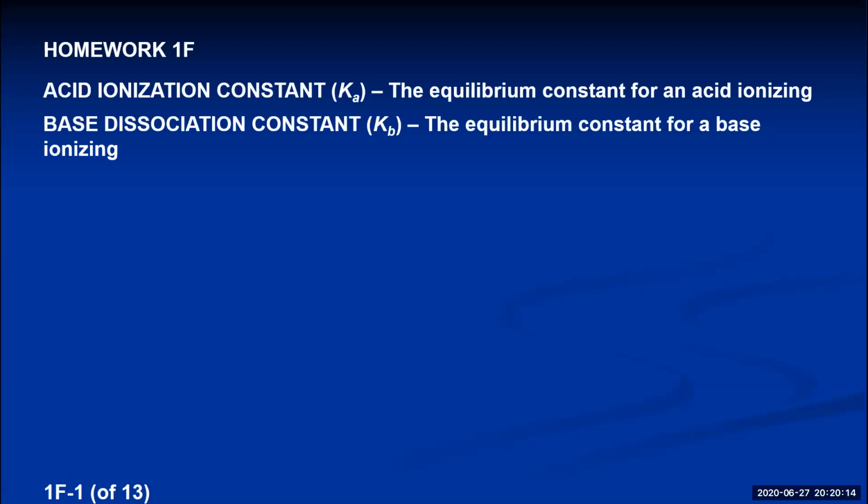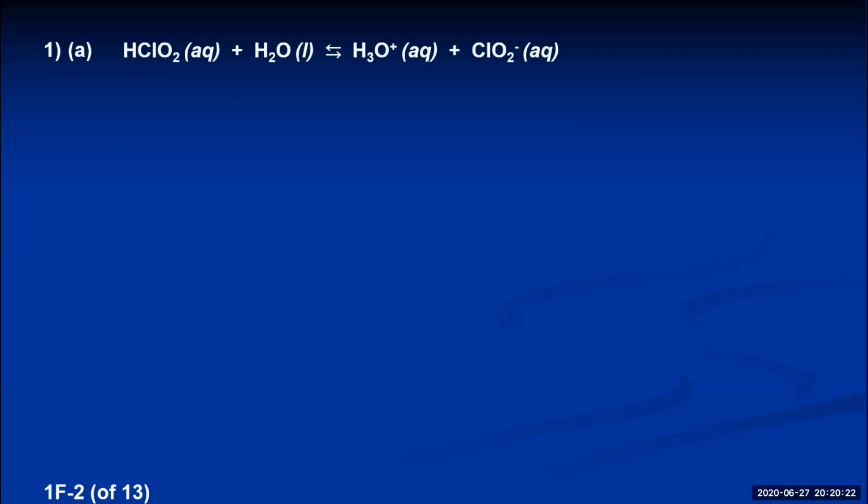The Bronsted-Lowry definition of an acid is something that donates a hydrogen ion, and in a water solution, it would donate it to the water molecule itself. For A, HClO2 plus H2O is in equilibrium with H3O plus ClO2 minus. Equilibrium constant expression for this, Ka equals molarity of hydronium ions multiplied by molarity of chlorite ions divided by the